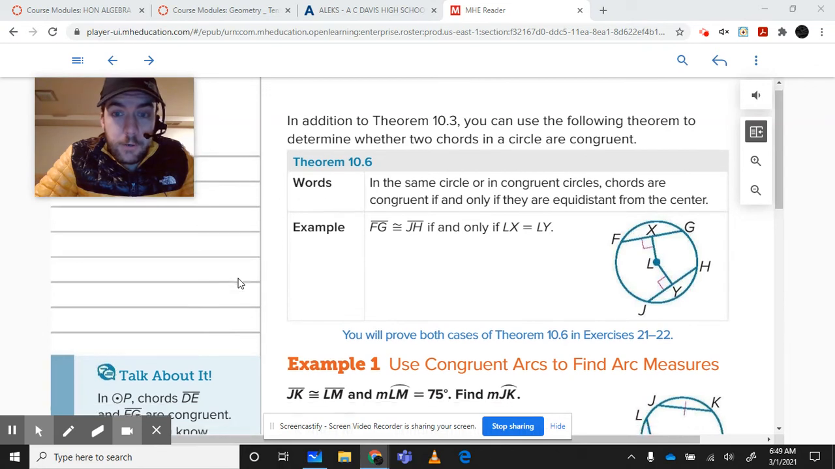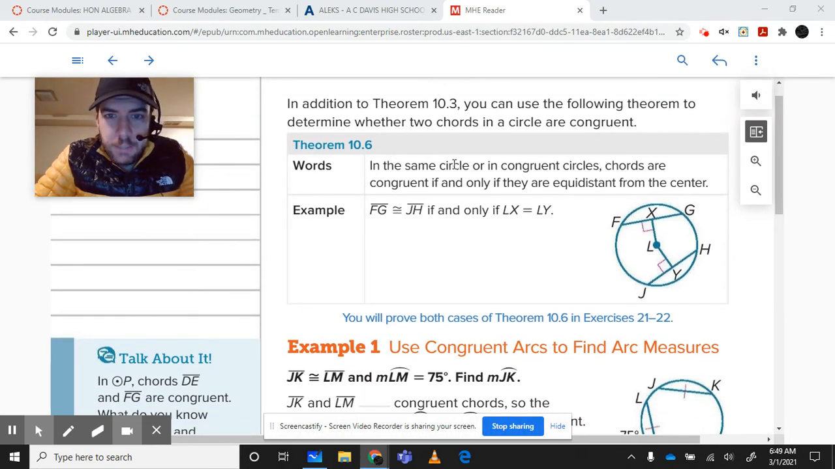Okay, final idea here, 10.6 says in the same circle or in congruent circles, chords are congruent if and only if they're equidistant from the center. Okay, so in the same circle or in congruent circles, so this will just be in the same one. Chords are congruent, so FG and JH are congruent if they are the same distance from the center. Okay, so